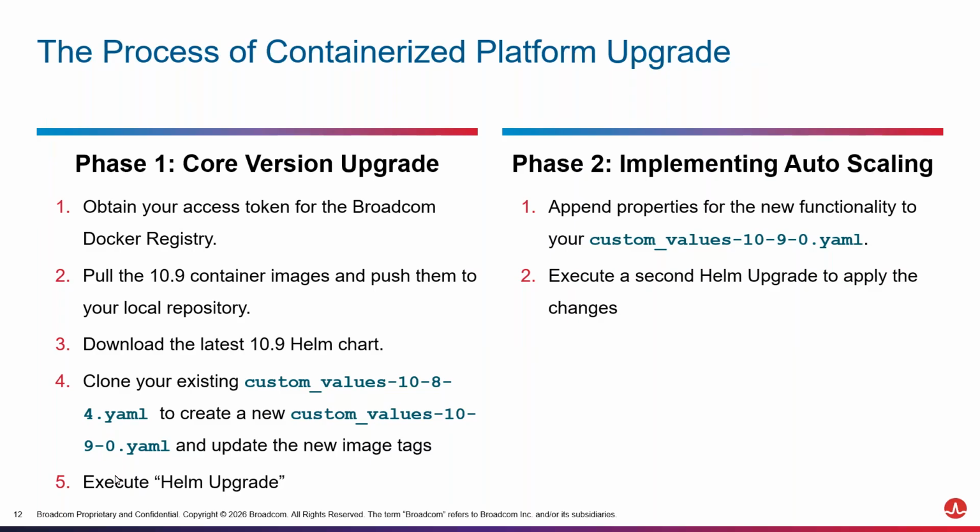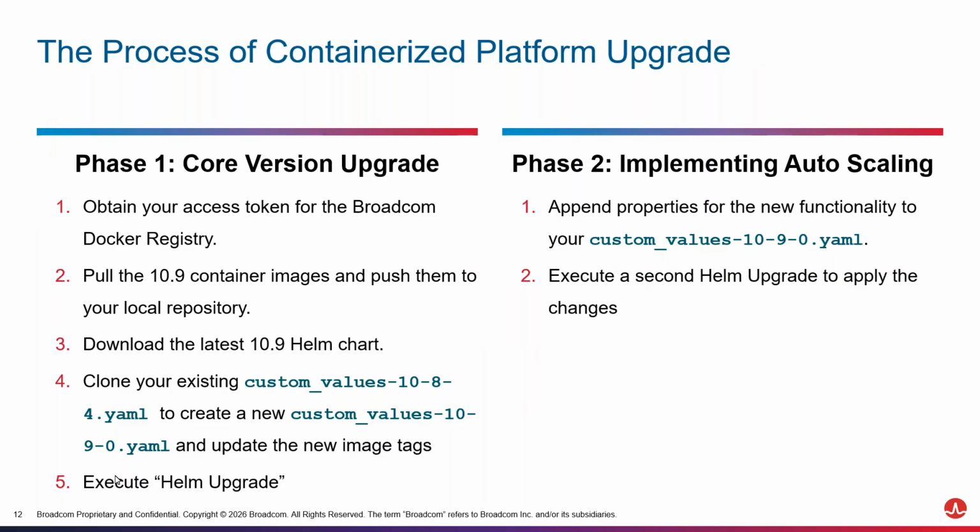And all you need to do in order to get ready for the upgrade is just replace the image tags in this YAML file. So you have the custom values file for 10.9 with a single difference at the beginning, which would be your image tags for 10.9. Then all you need to do is to perform the Helm upgrade command, and we are done. Once you are satisfied everything is working,